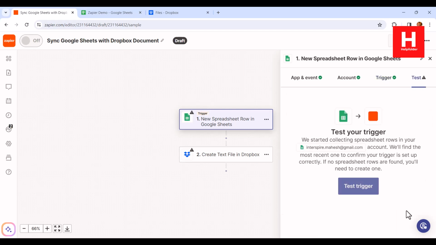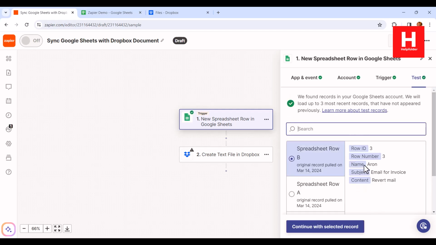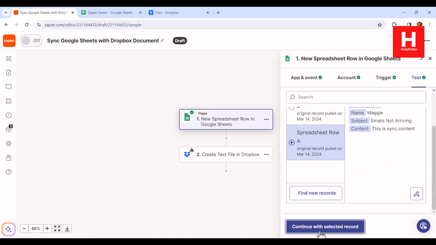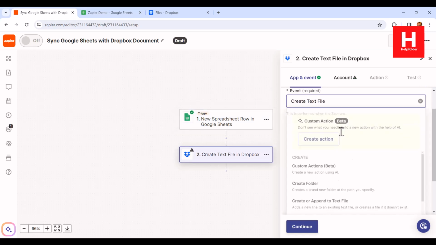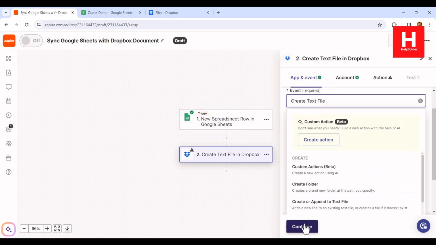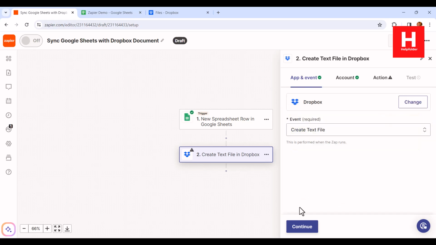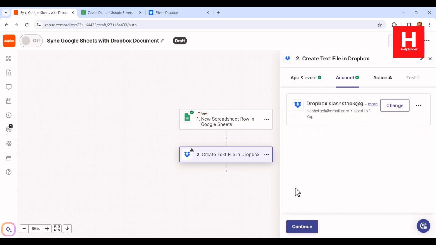And test the trigger, then move to Dropbox, and then we will select one of the rows. So we will start with the one, and here we will use create text file option. So here I will click continue,